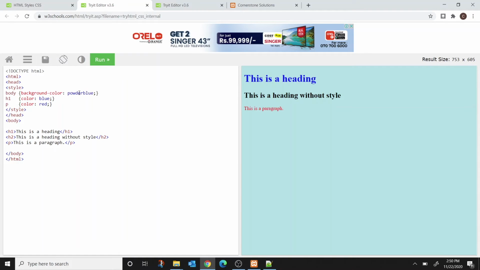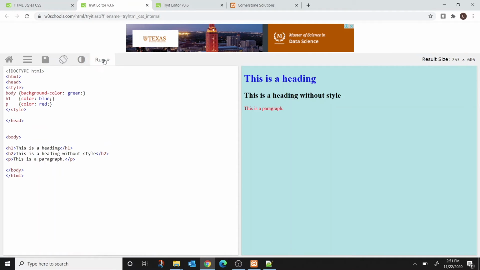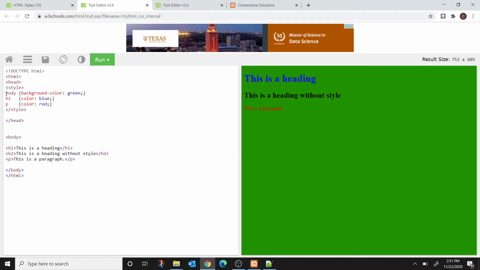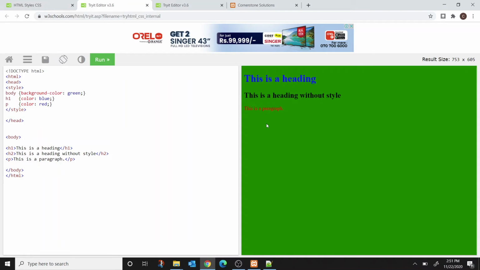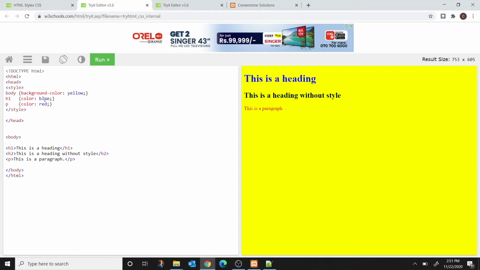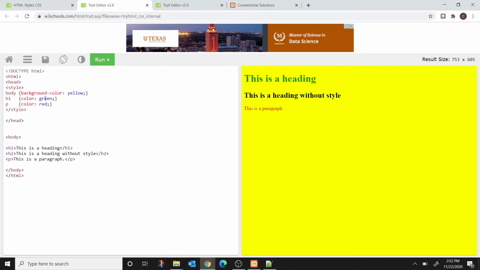And now you see the powder blue is applied for the entire body section. So let me change it a little bit and show you what happens. Let's change the background color to, let's say, green, and see what happens. So the entire area which is underlined by the body is changed to green. So let's make that back to, we try it with yellow and try this in green, and you see,